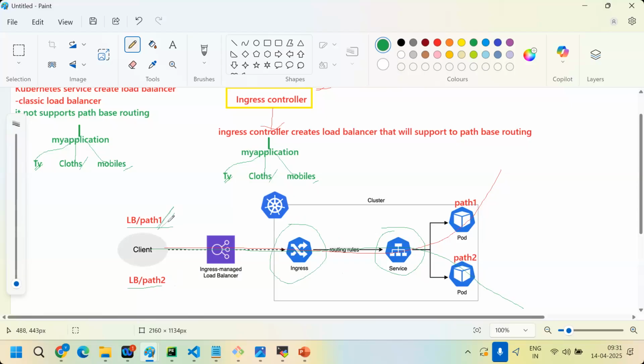If you hit path 1, the ingress directly sends the request to the path 1 service only. If you hit path 2, the ingress will send it to the path 2 service. Clear? This ingress controller sends the request to a specific service path as per the request. Clear, no? So this ingress won't come along with the cluster. We need to create it externally. Clear, no? Okay.